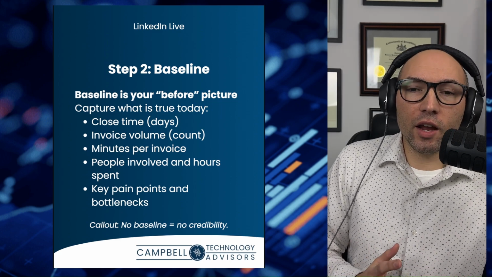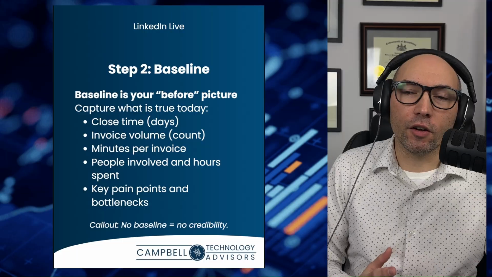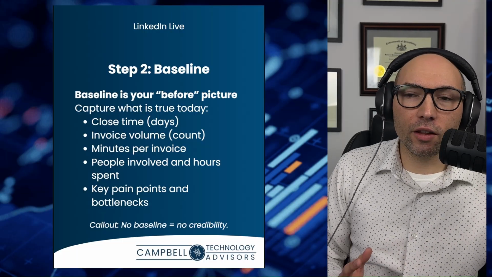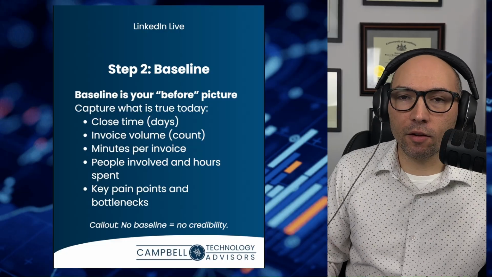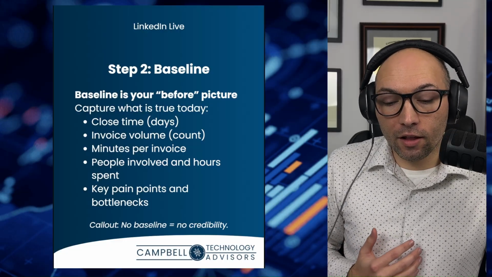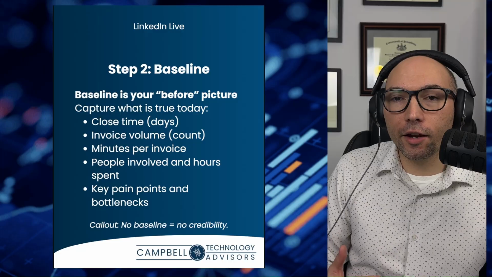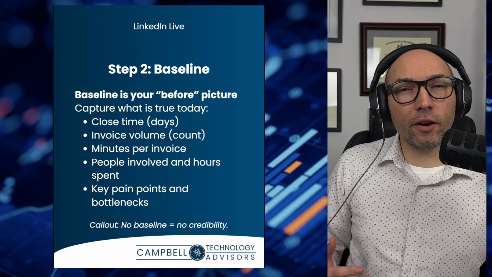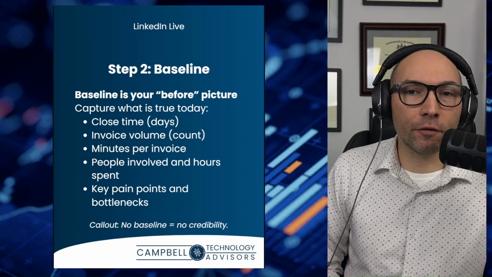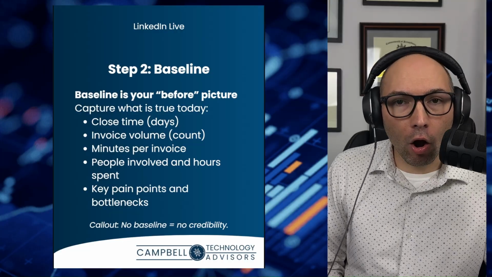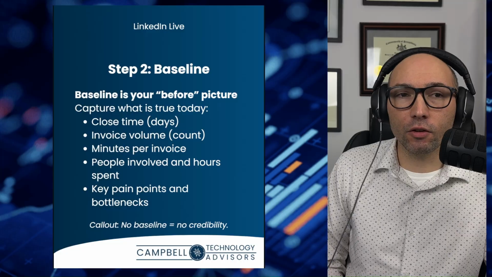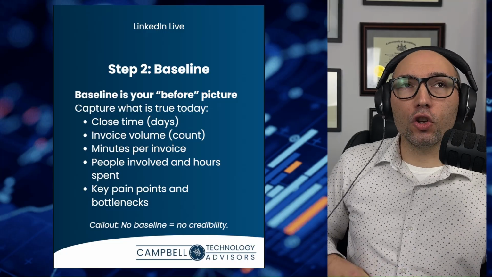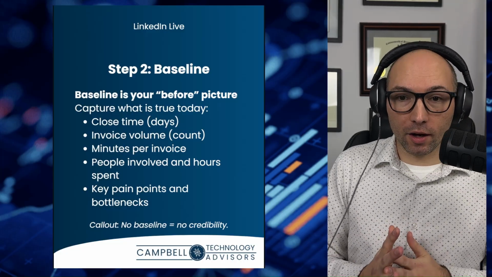If you don't have perfect numbers, that's totally fine. Use reasonable estimates and label them as estimates, because a lot of this can be qualitative, and the administrative burden to even gathering some of this information can be very costly. And so reasonable estimates are totally fine if they make sense and your team agrees on them. But you must start with something.